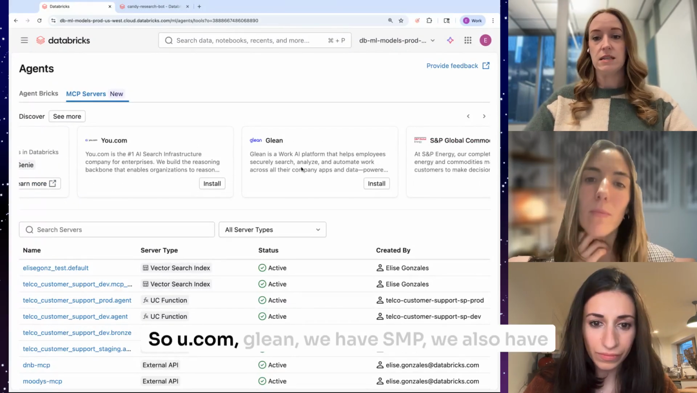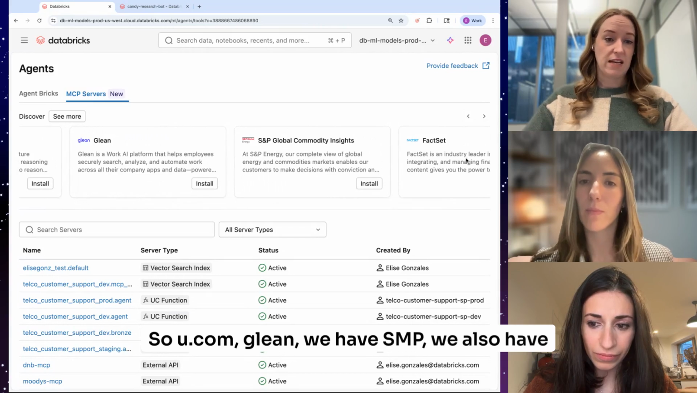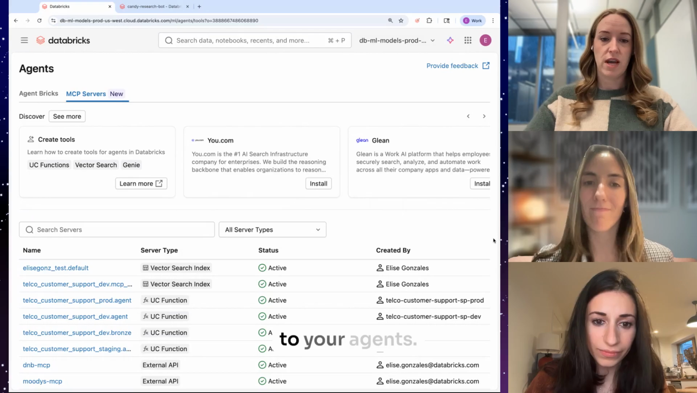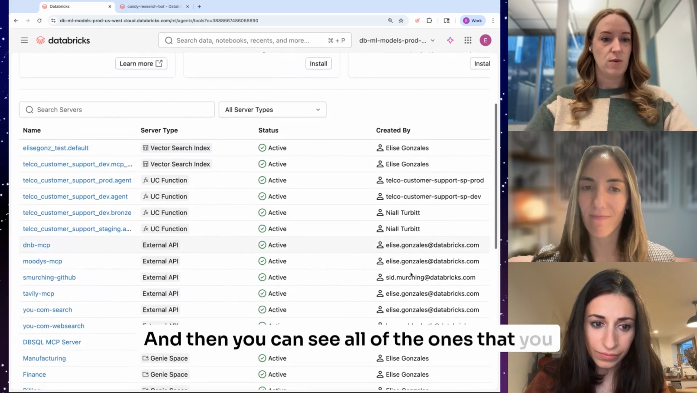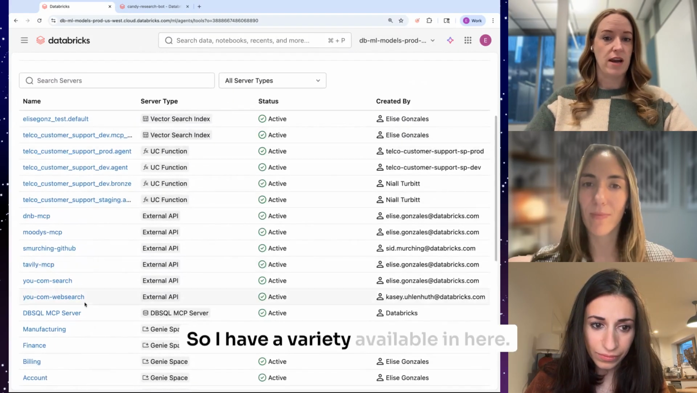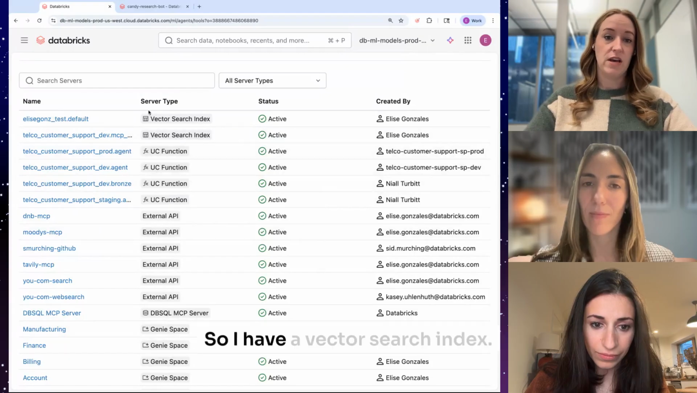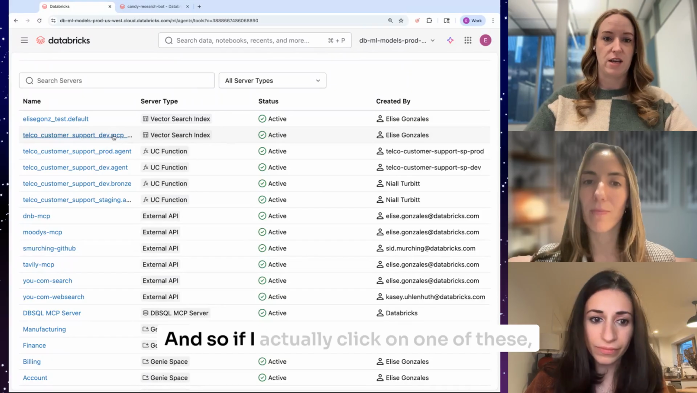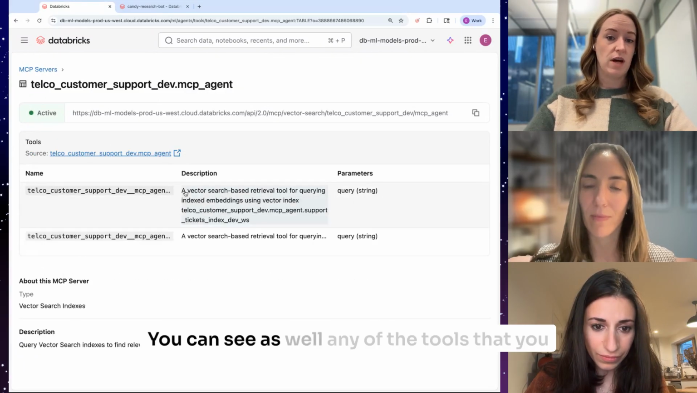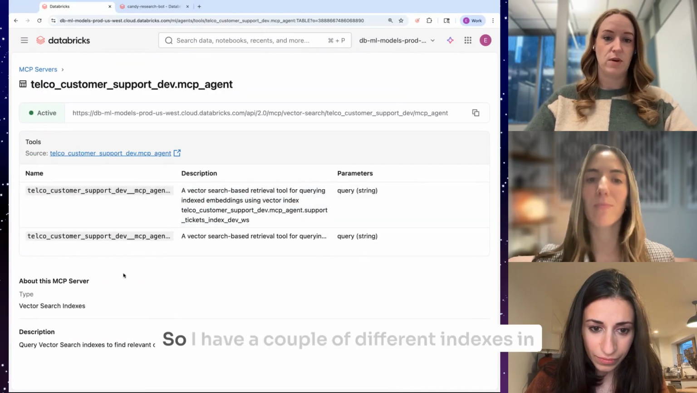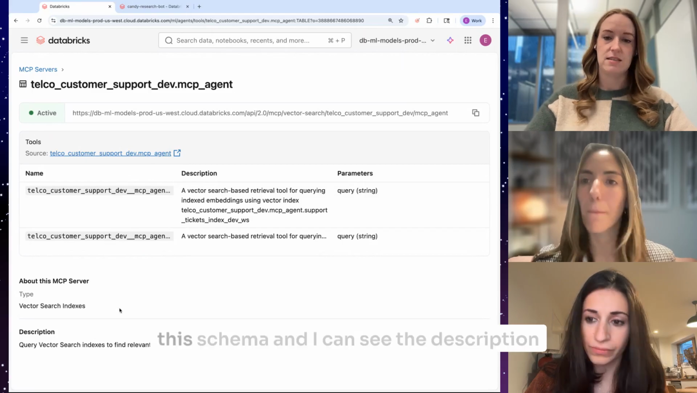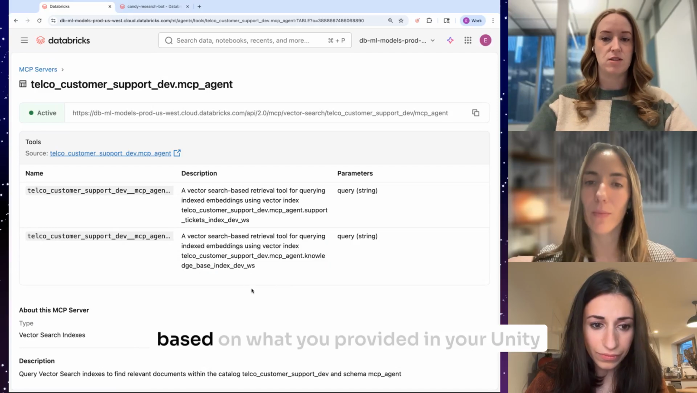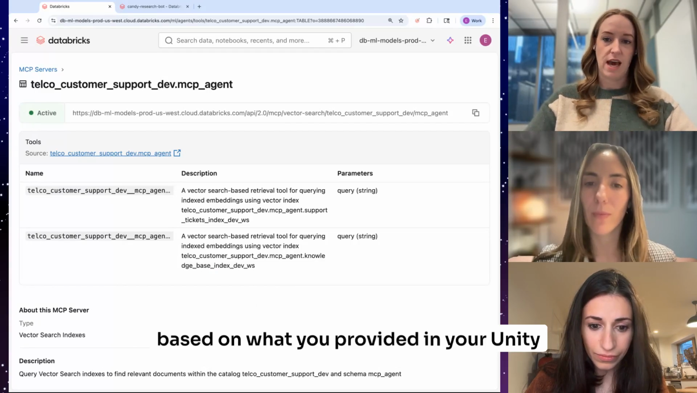So U.com, Glean, we have SAP, we also have FactSet. So a great way to connect data and other tools to your agents. And then you can see all of the ones that you have access to as well. So I have a variety available in here. So I have a vector search index, and so that lets me do my unstructured data. And so if I actually click on one of these, you can see as well any of the tools that you have available. So I have a couple of different indexes in this schema, and I can see the description here. So we provide an out-of-the-box description based on what you provided in your Unity Catalog